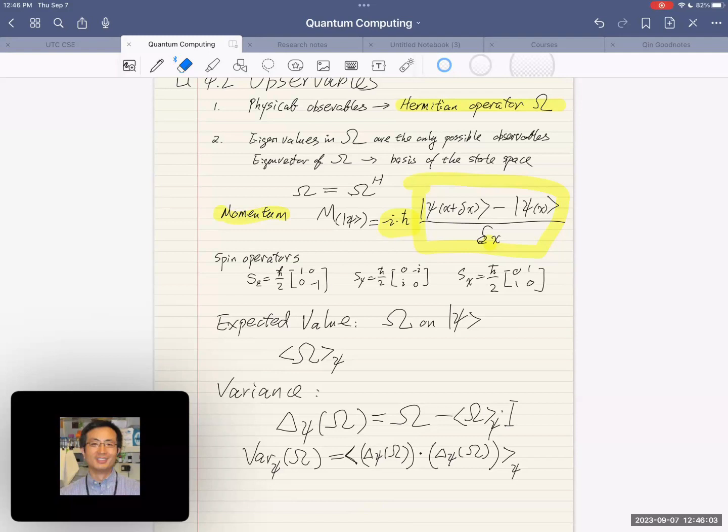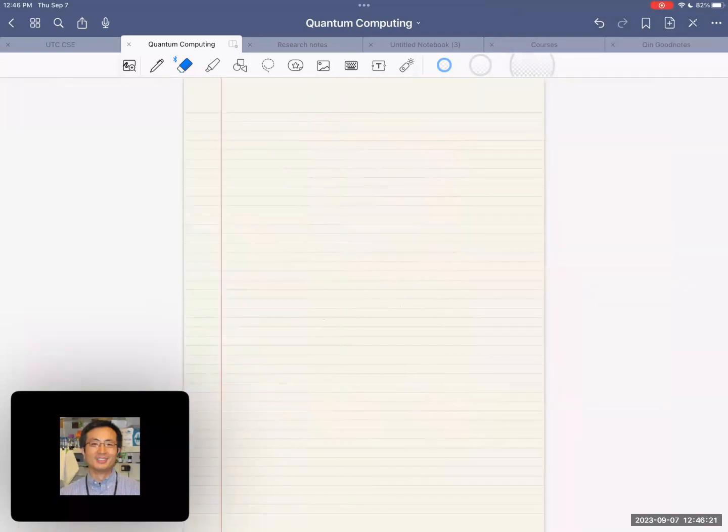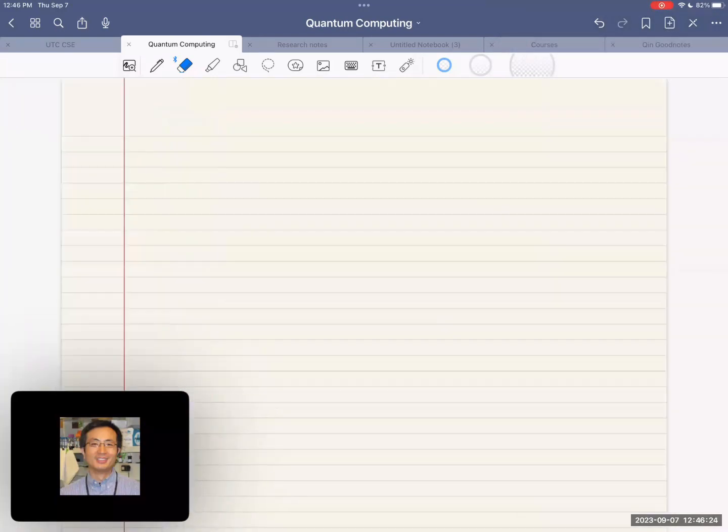The book has a definition, and then it is followed by a few examples. That will be example 2, 4. I'm going to write it down and then show the Python code to calculate that. So this is book example 4.2.6. So in this case, we have omega, which is